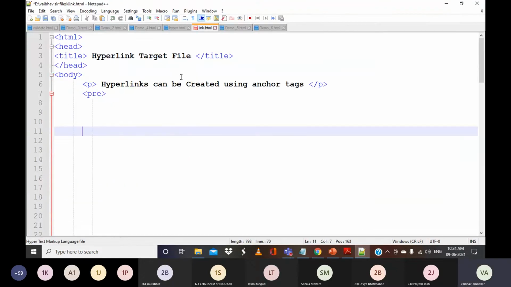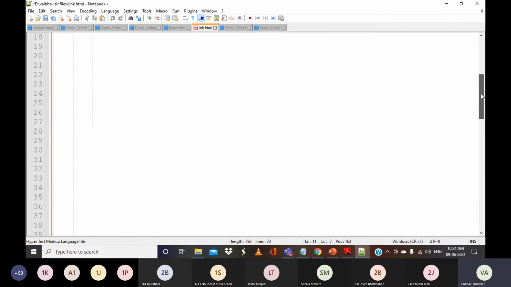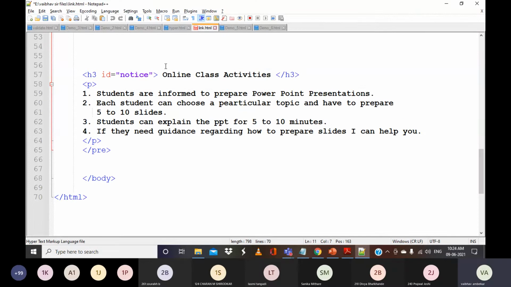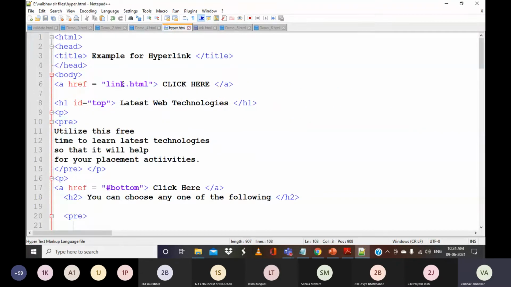So this is my link.html. Here I have added a paragraph. Okay. And for this paragraph, I have given an ID as notice. And now this I will use in my hyper.html. Usually we put just link.html. So if you want to go to a different page, and within that page, if you want to go to a respective location, like it can be a paragraph or h1 and so on, what you have to do? Like in this case, we specified hash bottom because it is within that page. And now here I will mention link.html and I will say hash notice,